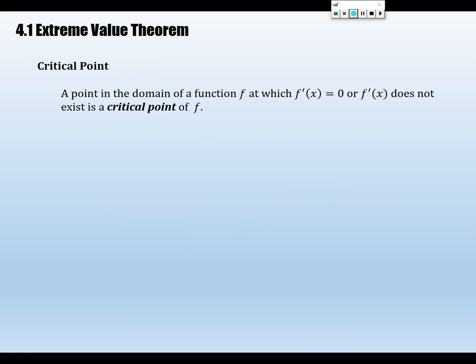And then this is what Ben was highlighting, right? We've got two instances where we want to check: if a function is not differentiable at a point, or if its derivative is 0. Neither of those things guarantees a max or a min,